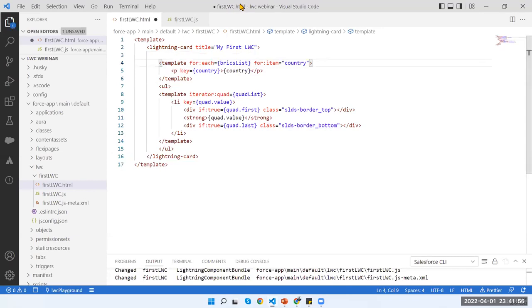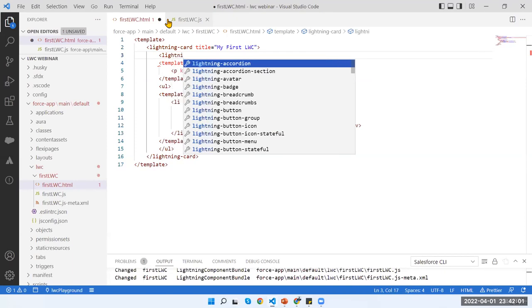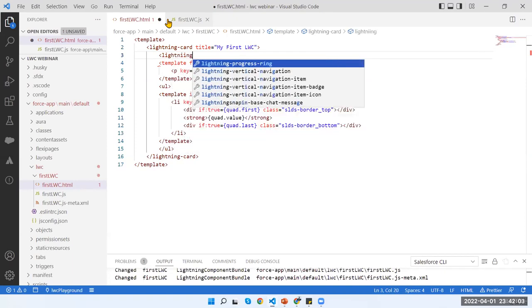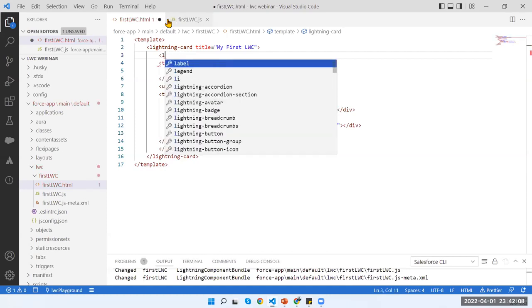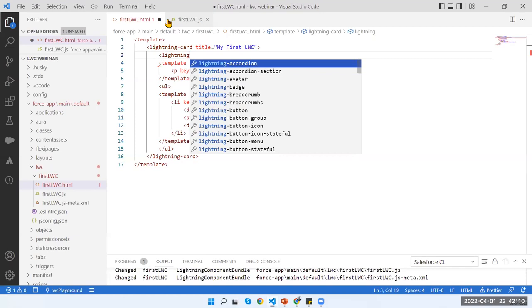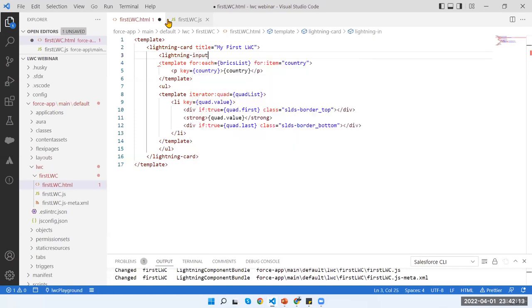So what I can do, based on some user inputs, is use a lightning input of type checkbox, and just label